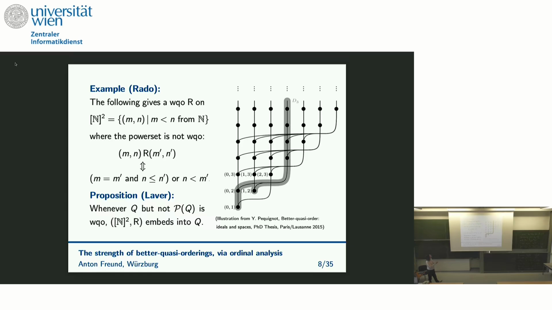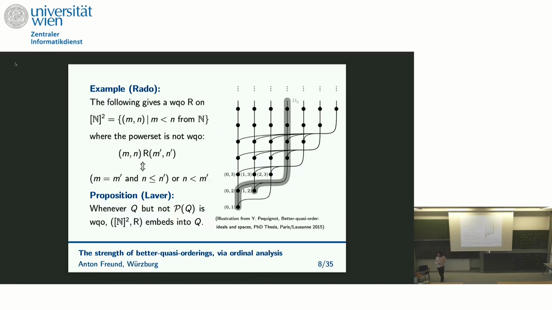And then he defines some relation R on these two-element subsets, and we'll look at the definition of R in detail in a moment. And then you can verify, and we'll do that, that this relation R is a well-quasi-order on the pairs, but if you take the power set, then this is